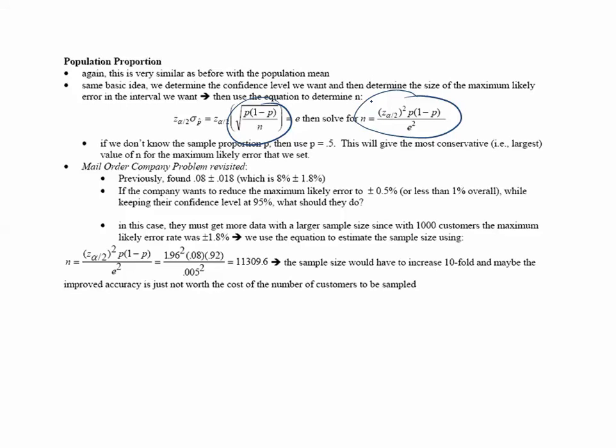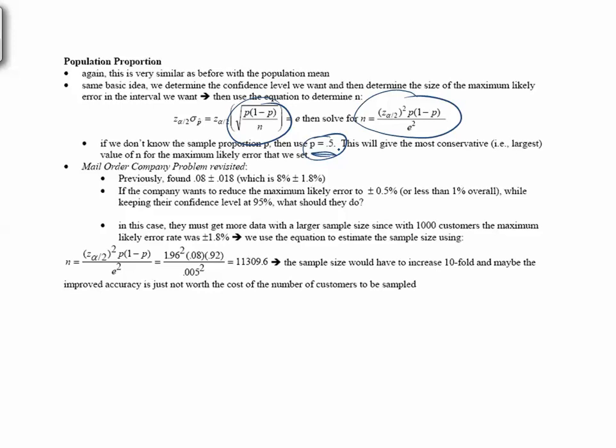So if we don't know what the sample proportion is beforehand, we would use approximately 0.5. If we know that it's going to be significantly different than 0.5, for example, if we wanted to know what proportion of the population are Democrats, well, in this area of the country, that proportion is very small, so we might only use a p of 10%. So we run this through an example assuming a sample proportion of 0.5.